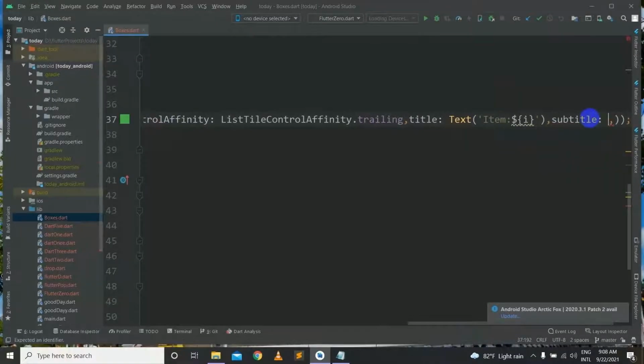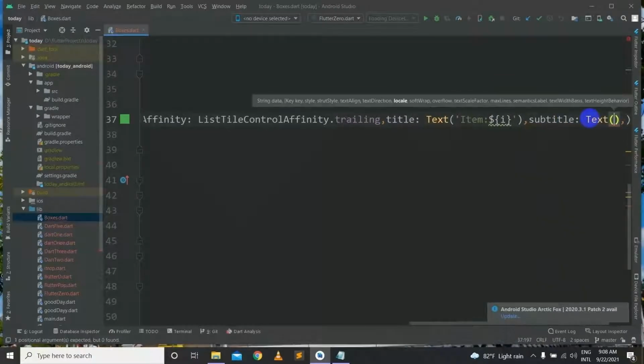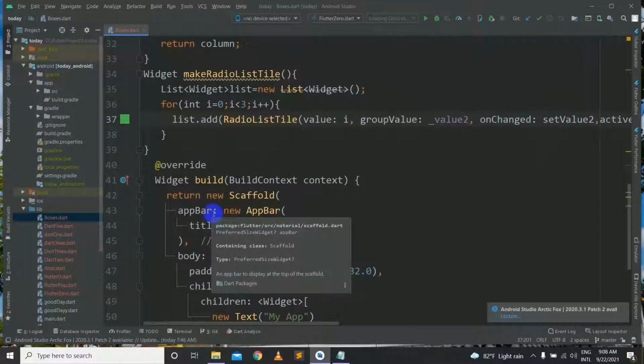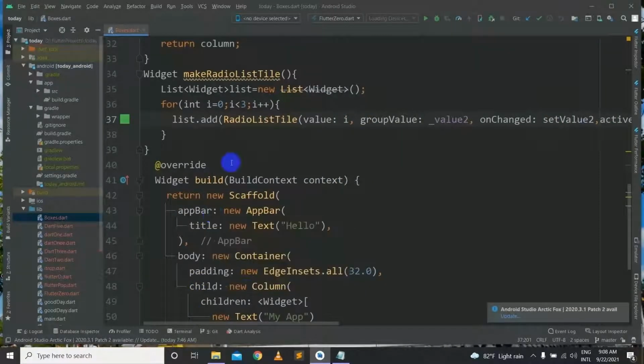The subtitle will be a Text. The text will say sub. Now we have made our list and we have added a RadioListTile for this method inside this method.